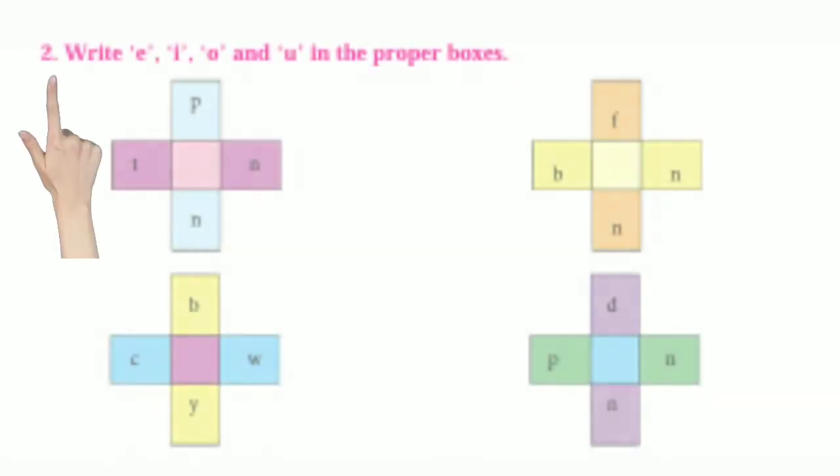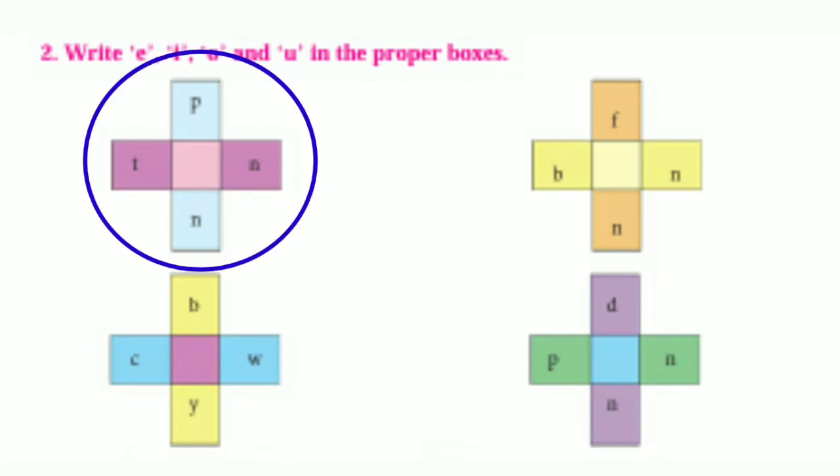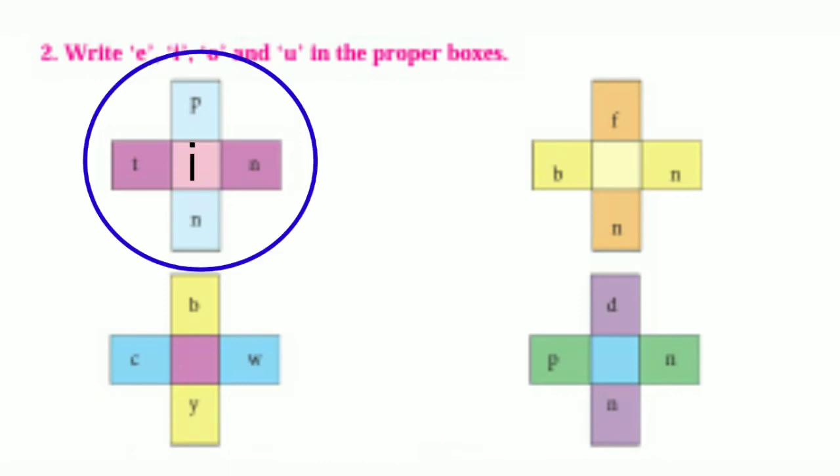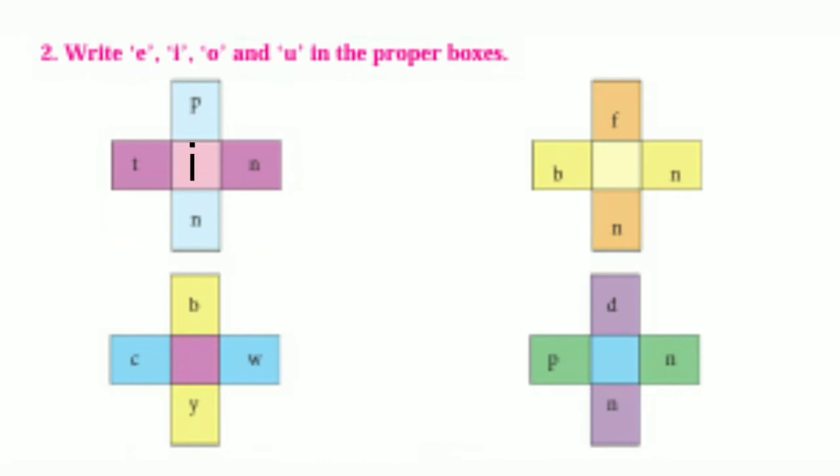Number 2. Write E, I, O and U in the proper boxes. Here are 4 boxes and we will choose proper vowel to write in proper box. P box N, T box N. We will write here I. So it will be PIN pin,